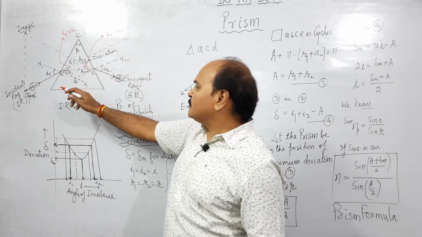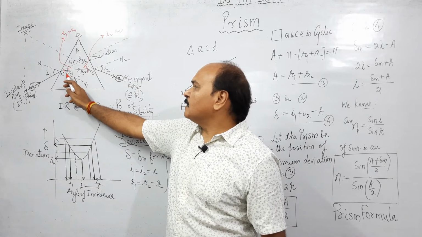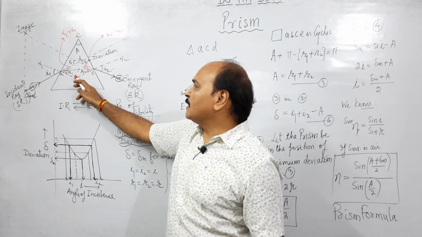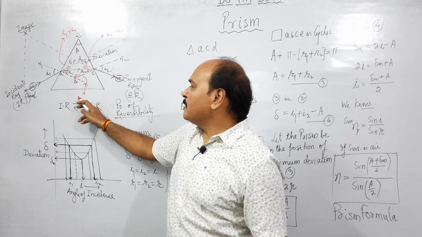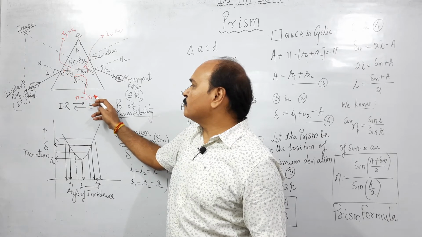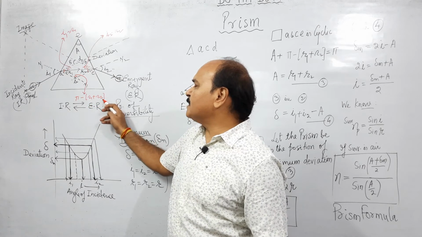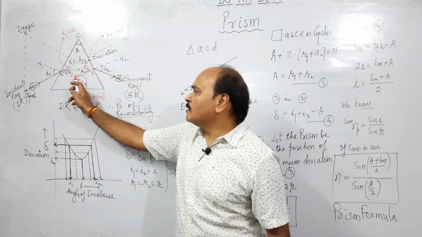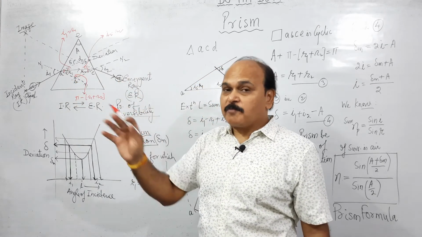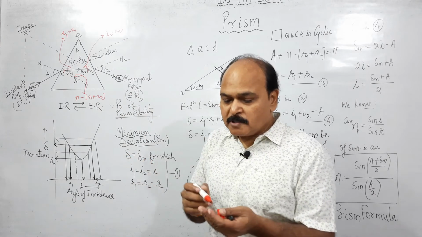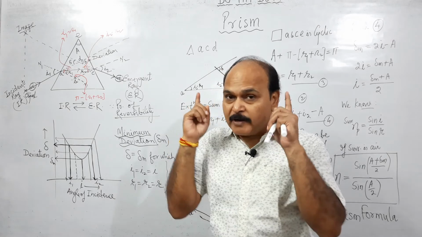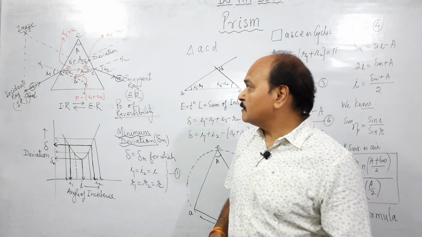Besides that, let us see. This angle is R1, this angle is R2. That means this angle is going to be pi, that is 180 minus R1 plus R2. Why is it so? This angle is R1, this angle is R2. Therefore, this angle is going to be 180 or pi minus R1 plus R2. This is simply because the sum total of all three angles of a triangle is always 180 degrees or pi radian.